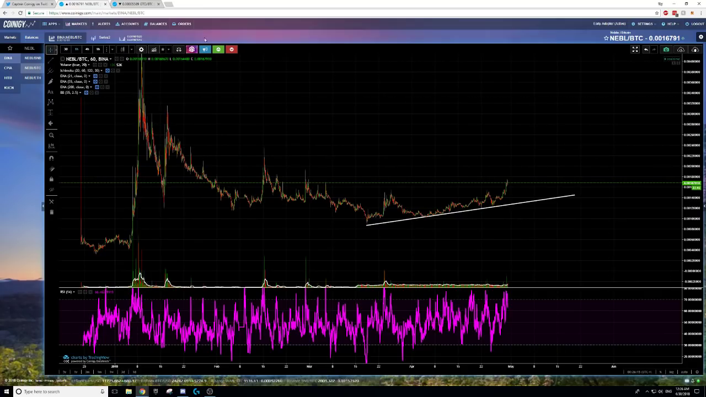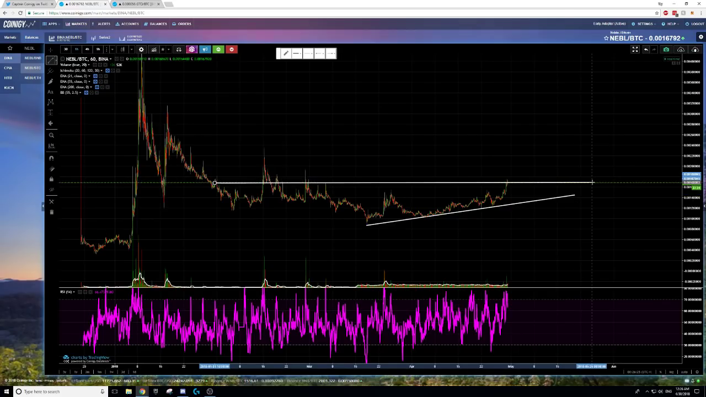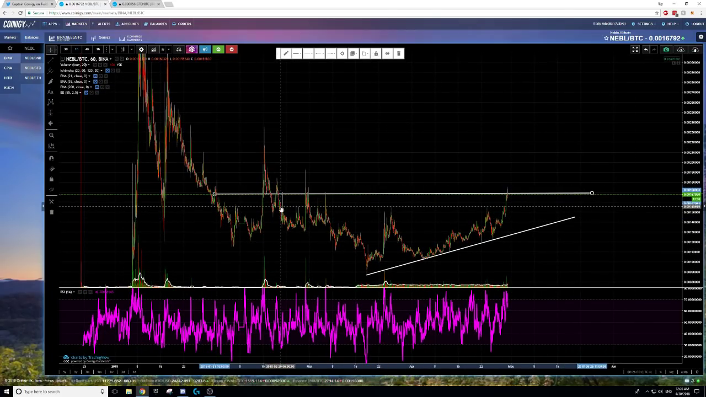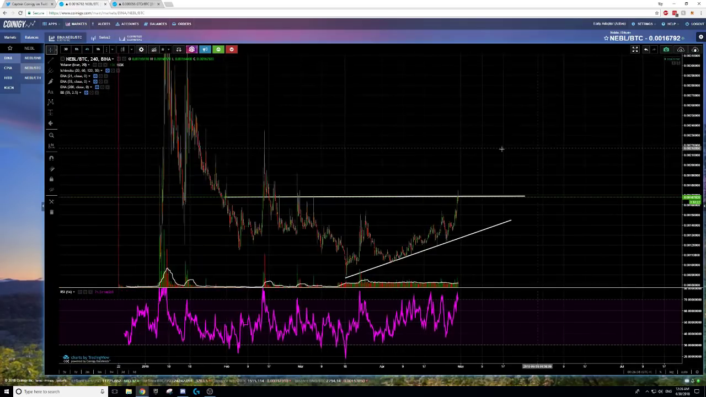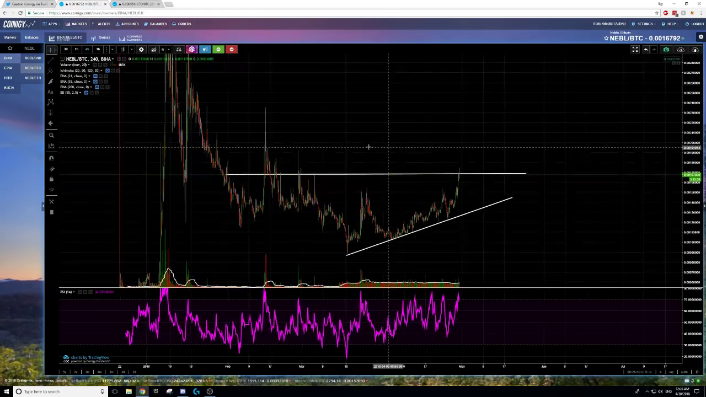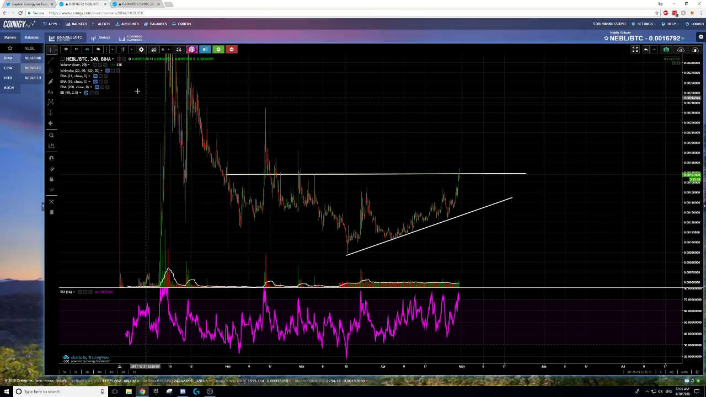But let's see. So there's a couple options. Option one is that, well, it's possible that we're right at this resistance right now, right? Just via this candle and this candle, maybe this and here. It's kind of ugly. Let's look at the 4-hour instead. Kind of ugly. I think what's more likely is that